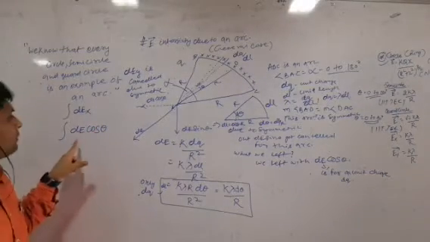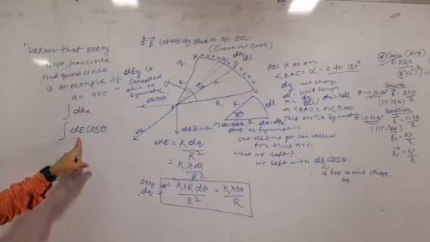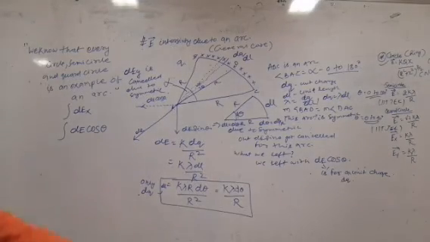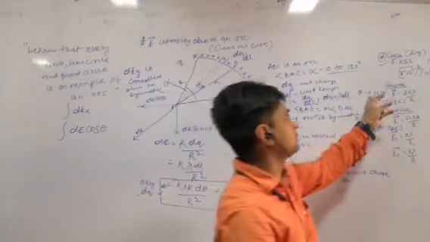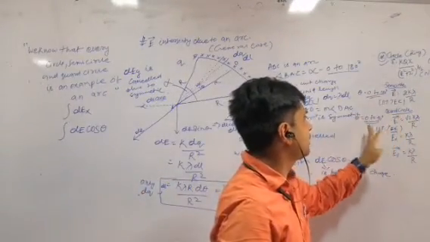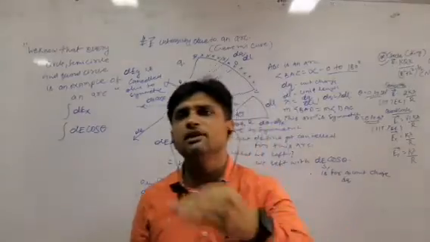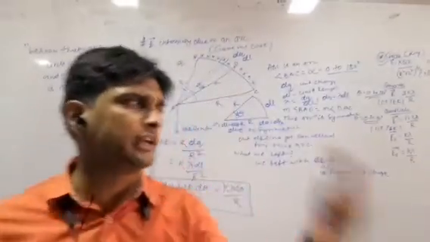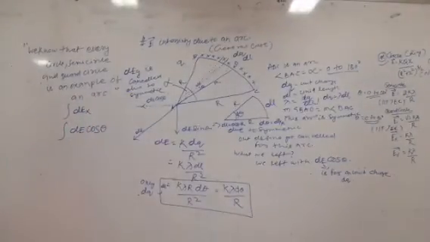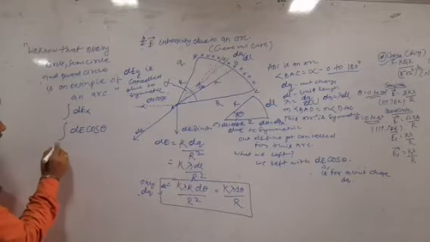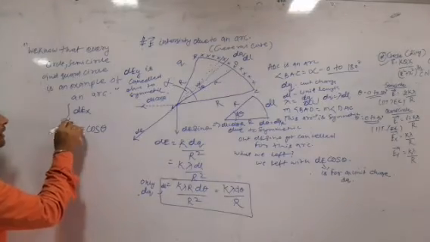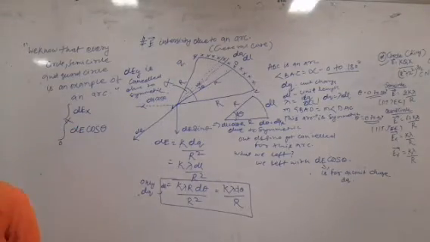What is the limit of theta? Do you know this angle? Before, in a semicircle we know that it is 0 to 180 degree. For a quarter circle we are having 0 to 90 degree. So we are giving limit 0 to 90 degree or 0 to 180 degree. But in this case we don't know the angle. So what will you do? We will take 0 to alpha.